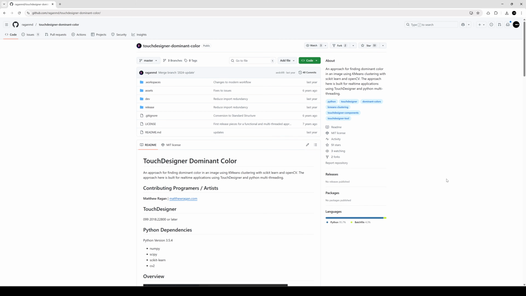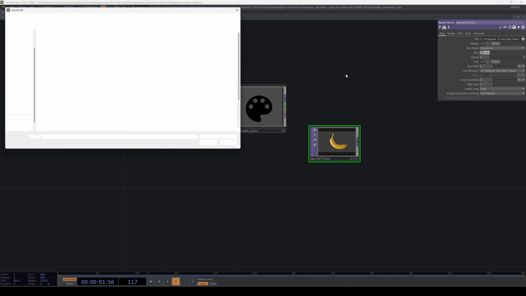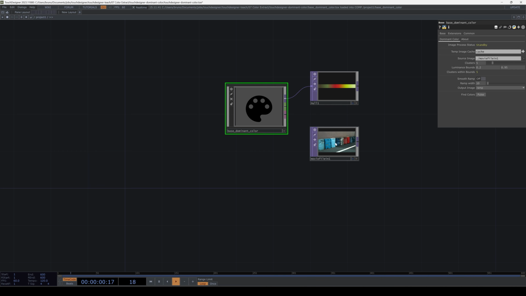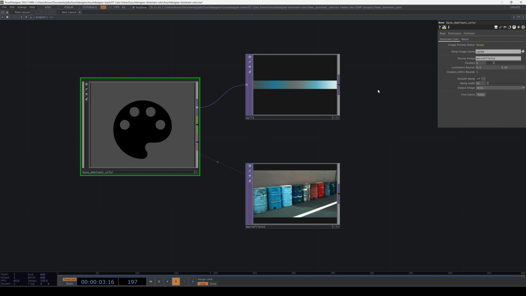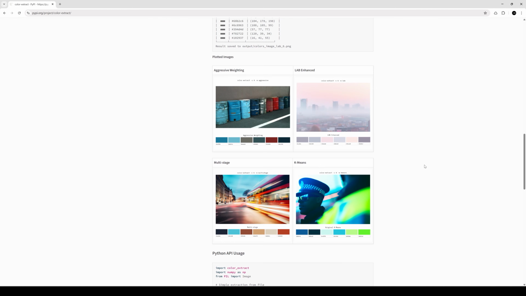Before that, I think it would be good to acknowledge that there is already another similar component created by Matthew Reagan, which has been out for a while. It's a bit fiddly to set up, but that's okay. The problem I had with it is that sometimes it would miss some colors that I thought should be in there. One good example is the oil drums JPEG. If I ask for the top 6 colors, it doesn't give me any red, and I think red should be in the output. So instead of just using this component, I went down the rabbit hole of studying different color extraction methods, and eventually I came out of it with my own Python library,